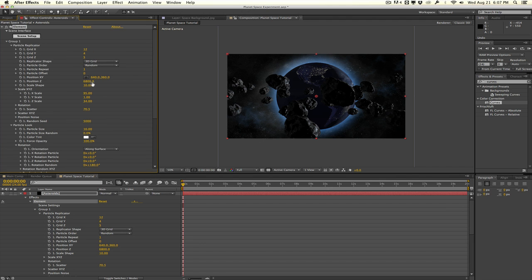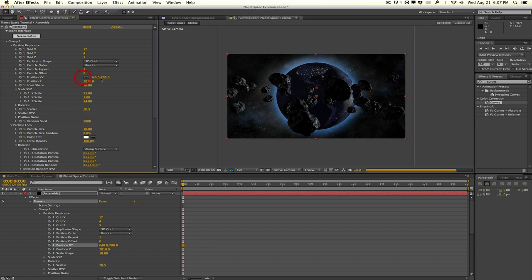And then you may need to adjust the position in Z a little bit, because the movement will look a little bit weird if your planet is not in the right space in Z position. So that's our asteroid. And the lighting looks a little bit off here